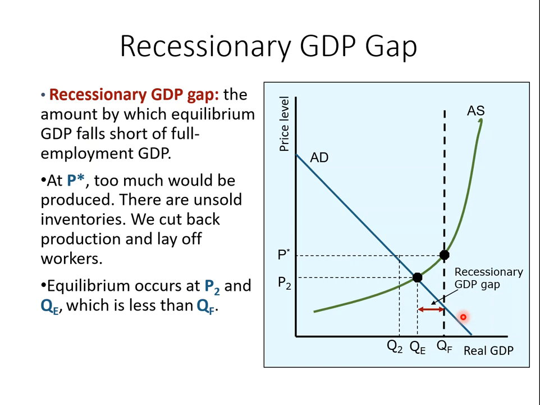Used to producing 10 flights, now you can only produce 8 aircraft. What does that mean? The market doesn't need as many as before, and businesses want to make money, so the number one thing is to save cost. Then they will lay off workers and cut back production. So what we'll see is QF maybe moving back to QE, and then we are back in recession, creating cyclical unemployment, and eventually our unemployment rate will go up, and also create this recessionary GDP gap.